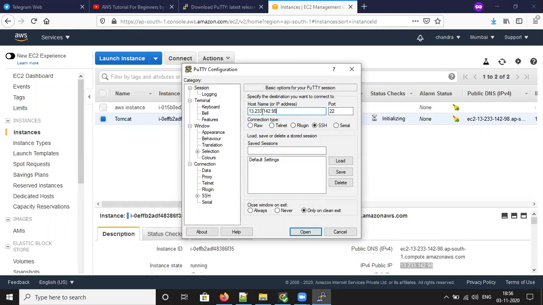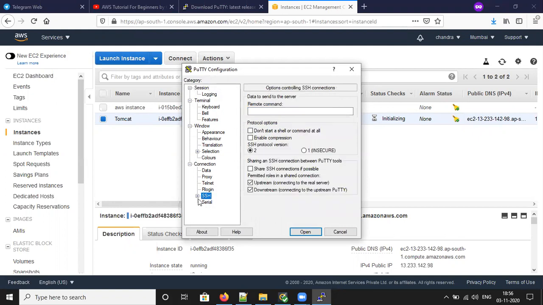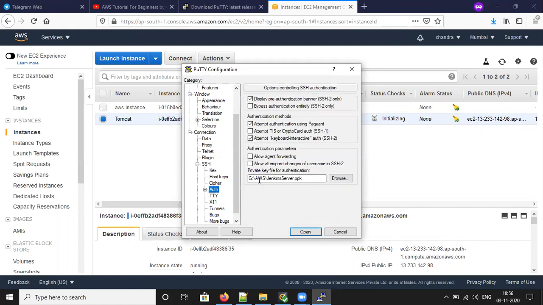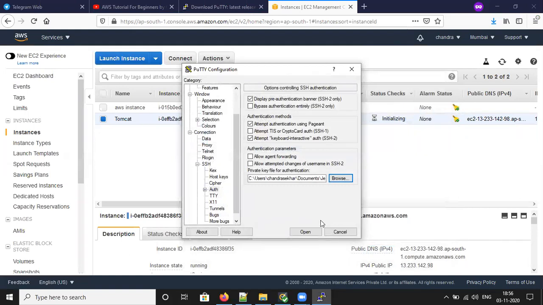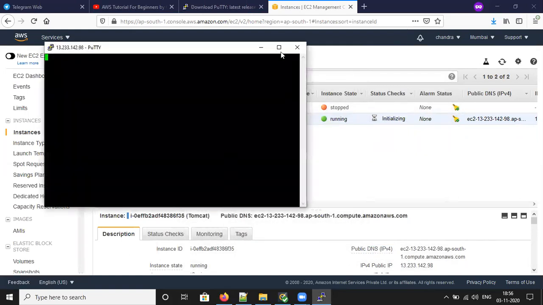Use this IP address and SSH only, not raw, telnet or serial. Then go for SSH, auth. We can load this PPK file from where it is saved, and we have saved it in the documents folder. You can see Jenkins server.ppk, open.